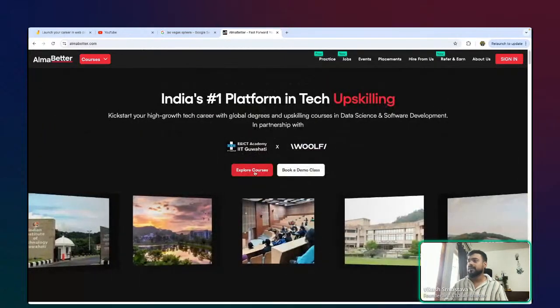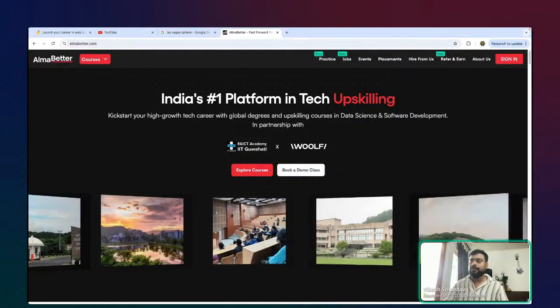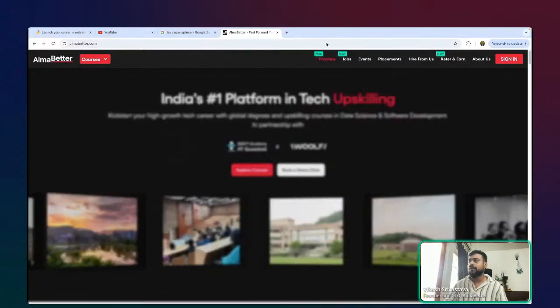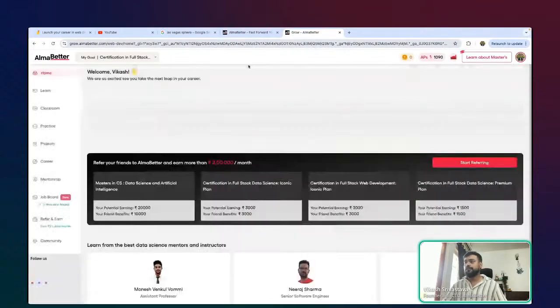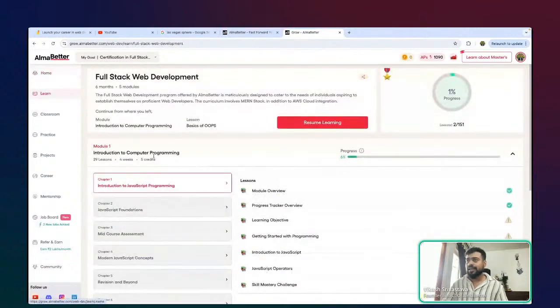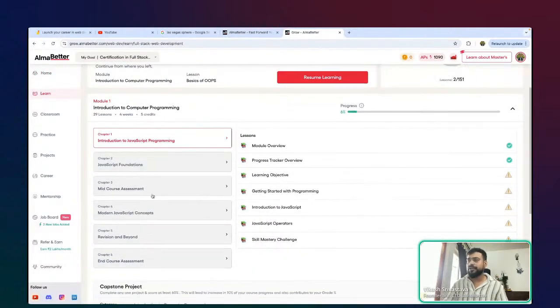You can have a simple non-logged in application like a simple website such as almabetter.com, and then you can also have something called a logged in application, which is, for example, grow.almabetter.com. If I just click on sign in, I will be taken to grow.almabetter.com where your entire learning happens. This is where you're going to complete your program, and have everything that you need for your program and resources, everything in this platform. You can see that there is a learn tab where you can see your curriculum.